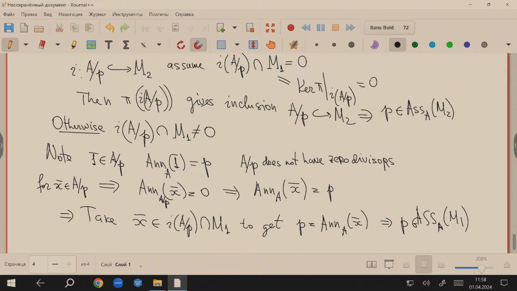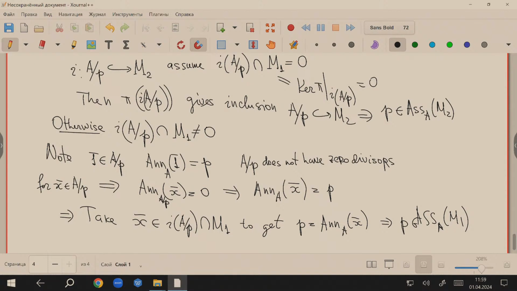So we have seen that the first inclusion of A mod P in M2 doesn't give you inclusion of precisely this A mod P in M1,